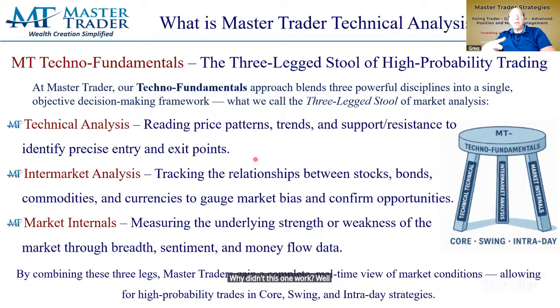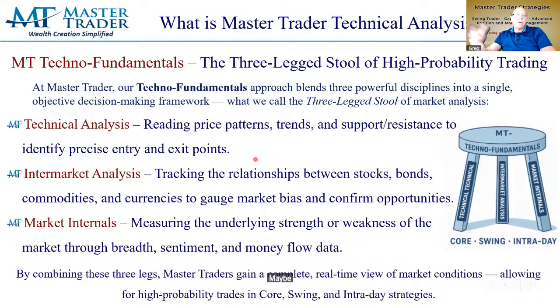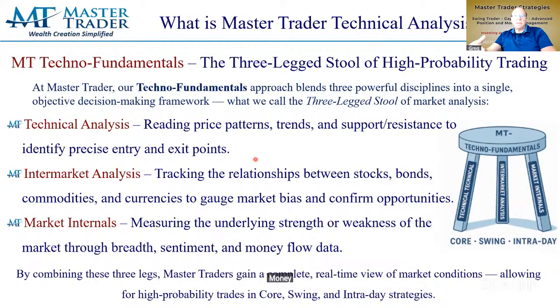Well, the broader markets had a big influence, or the sector had a big influence, and maybe the markets had already moved up. And now I was looking at something that was a breakout, and it was a laggard, and the breakout failed. So there are these other pieces of information that we can put together to put the odds in our favor. Money flows, intermarket analysis, market internals,